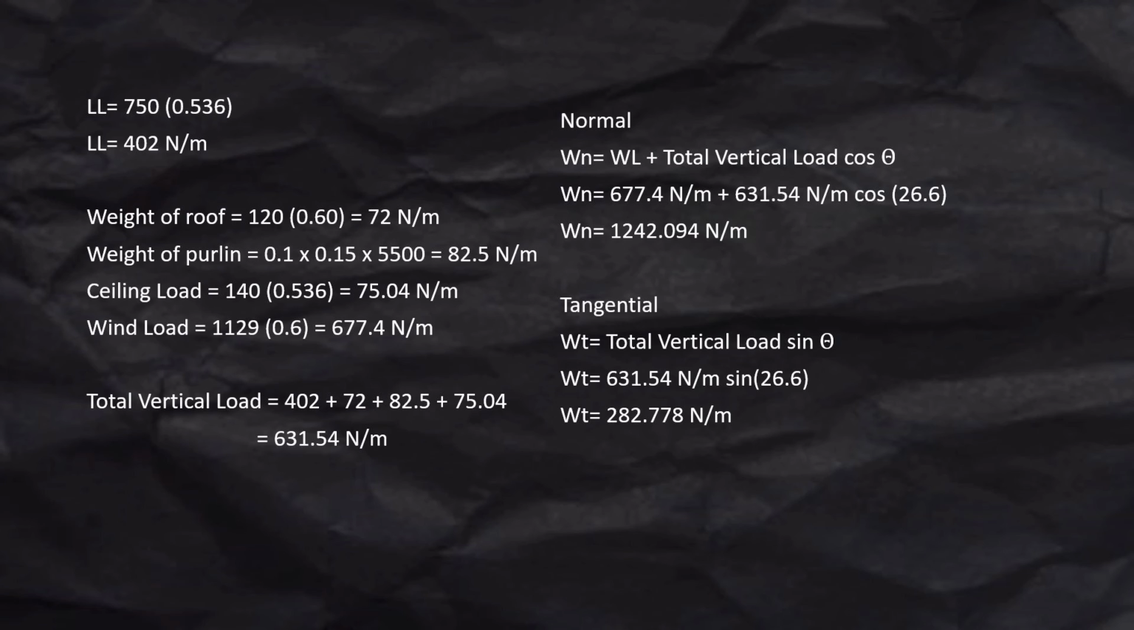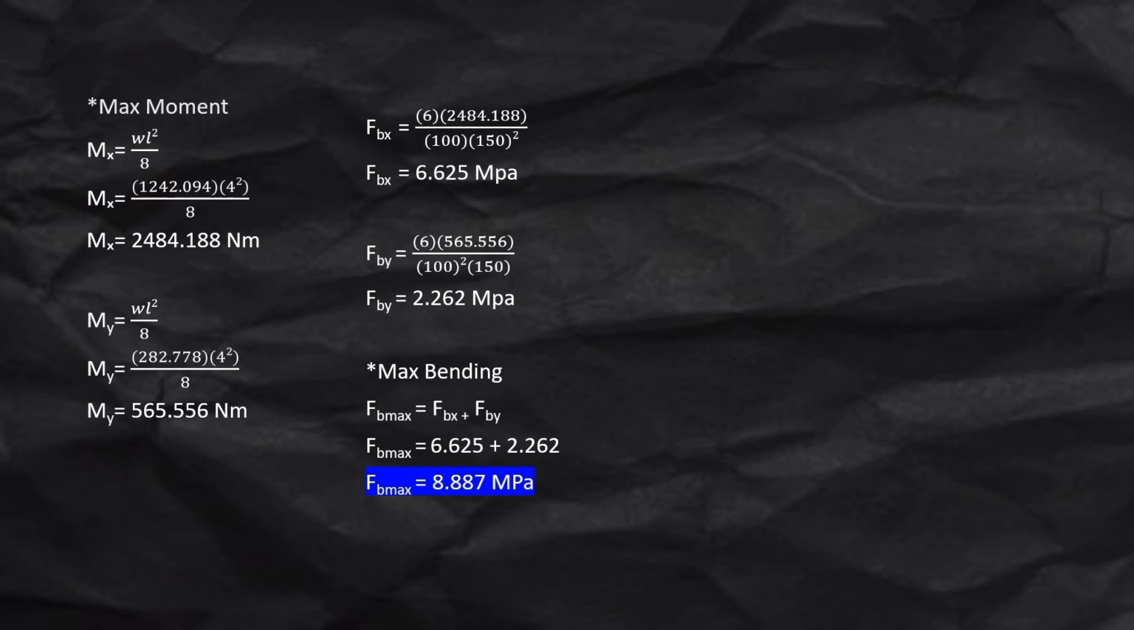1,242.094 Newton per meter. Tangential is equals to total vertical load times sine theta. So 631.54 sine 26.6 is equals to the tangential weight is 282.778 Newton per meter. For the computation of max moment, mx is equals to WL squared over 8. mx is equals to 1,242.094 times 4 squared over 8. mx is equals to 2,484.188